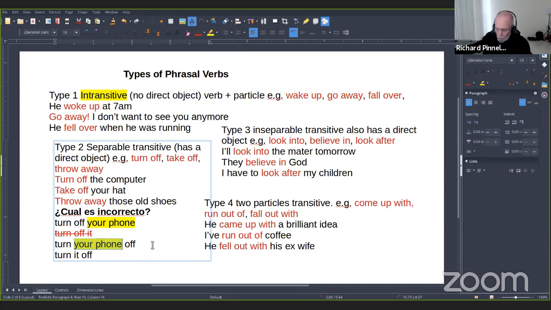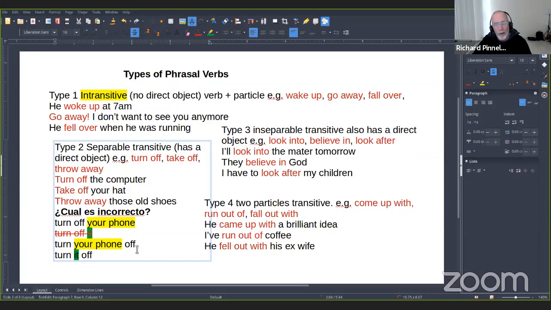But when we use the object pronoun, which in this case is it, it must go between the 2 parts. We can't put the object pronoun at the end. This one is wrong. So here I have turn off your phone, correct.